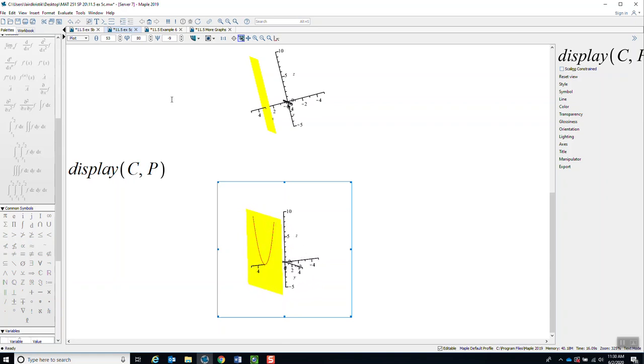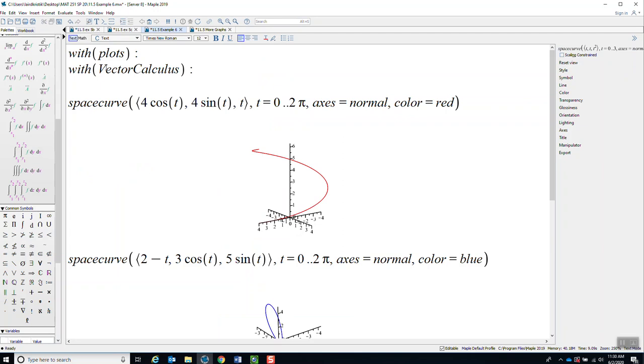All right, those were the ones that had a constant for one of the components. Let's go on to example 6, where one of the components was linear. And again, I've pre-typed them, they're right here. Started out with my with plots and my with vector calculus again. And here we go. The first part, I think this is example 6a, was this helix